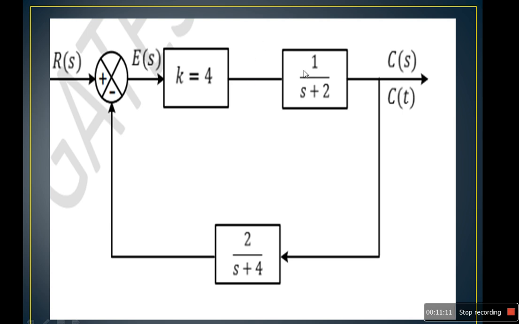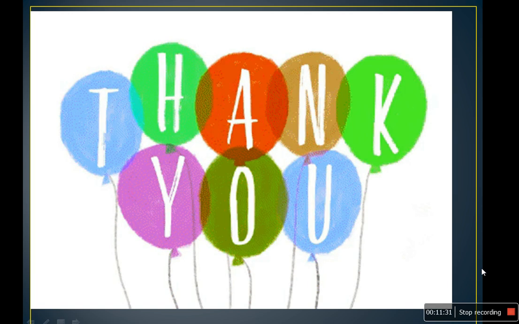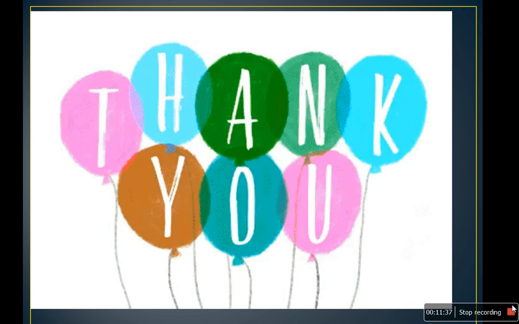So these two blocks are represented with only one block. After that just eliminate the feedback path. Here you are having a negative feedback path. You know the formula. Try to do this problem. I will explain the same problem in tomorrow's class. So thank you all. Hope you understood something related to problems. With these problems we can clearly understand the first basic 3 rules of block diagram algebra.